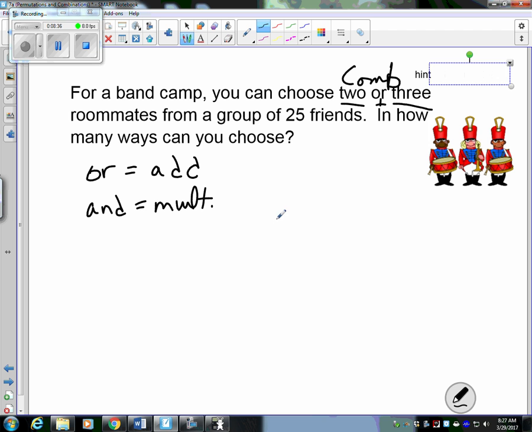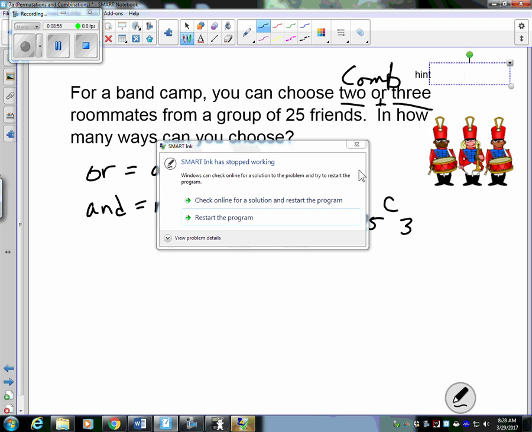So we're going to have 2 different scenarios here. We're going to have 25 people. It's a combination of choosing 2, and then we're going to add that. There also could be a possibility of having 25 friends, and you have groups of 3. So we have to do both of these. The plus is from